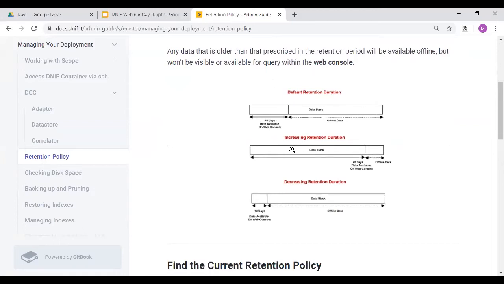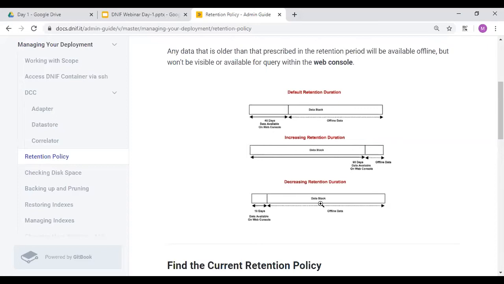Now you want to increase the retention duration. So what you do is give the data which you want to be available as 90 days and the rest for the offline data. Means you are increasing your retention period. How are you increasing? You want to increase every 1 month, 2 months, 3 months. So that's where you have the capital. Now you want to do it automatically. You don't have to change it inside your file. So you just give variable, and this is called variable. This is called capital.